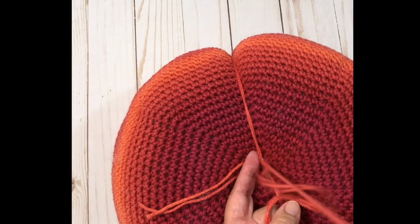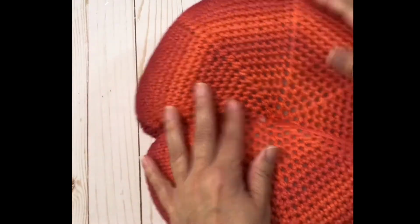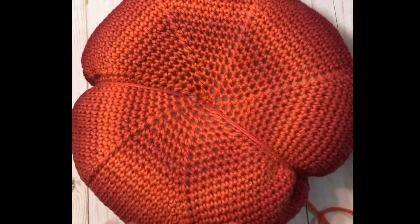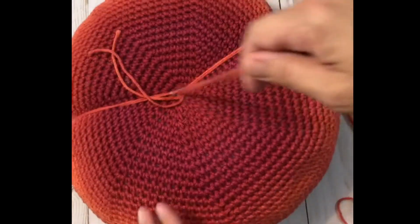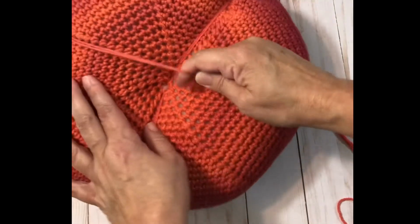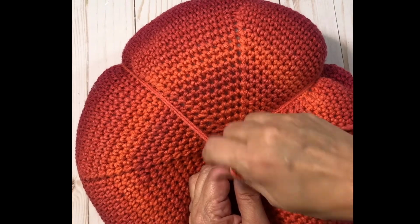I go underneath those two strands, and once I get the dent the way I want it, I can pull, and that just stays right there. All right, let's move on to the next one. If you've got wrinkles in your pumpkin, you might want to rearrange those a little bit. I'll fix those later. Okay, so I will follow that spiral line to make my next dent, and then just keep going. Just keep making dents, putting the needle through to the center,